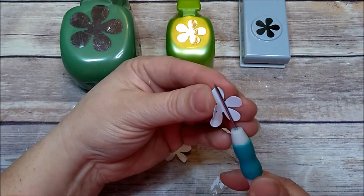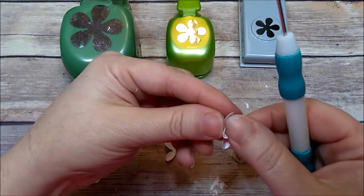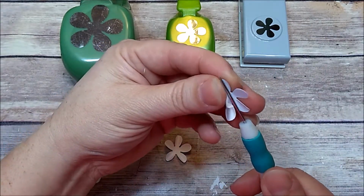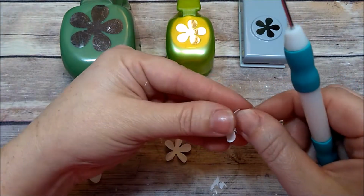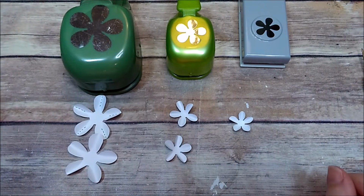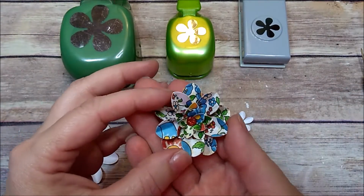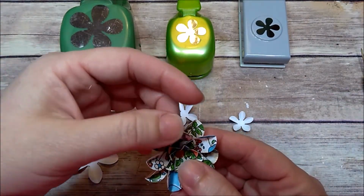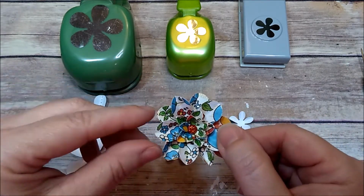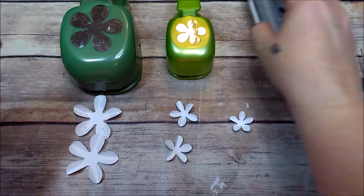And then you're going to take the last one. The smallest flowers are always hard for me because I have fat hands and they're small. That's mainly why I just use 1. A lot of people do this, and you can make roses this same exact way. But these are just the flowers that I like to make, where you have 2 larger petals, then you have your smaller petals in here. And then you just put a little bling dot or a pearl, whatever you have, and stick it in the middle. Okay, so now what we're going to do